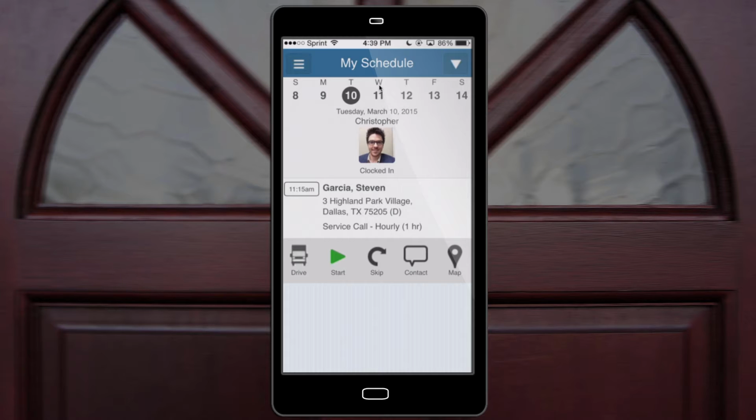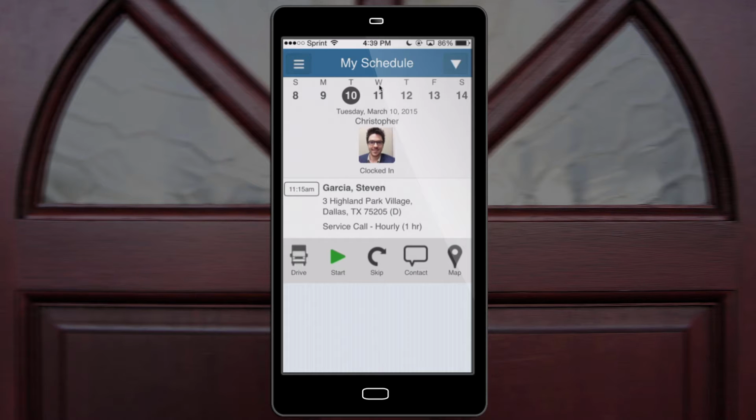I wanted to give you a quick demonstration of the mobile application in Service Autopilot. And this is going to be from the perspective of a field employee, a technician, a worker, whatever you call them within your company, the people that are in the field doing the work for the customers. So we're not going to go into every little detail about the mobile, just a basic workflow for those people